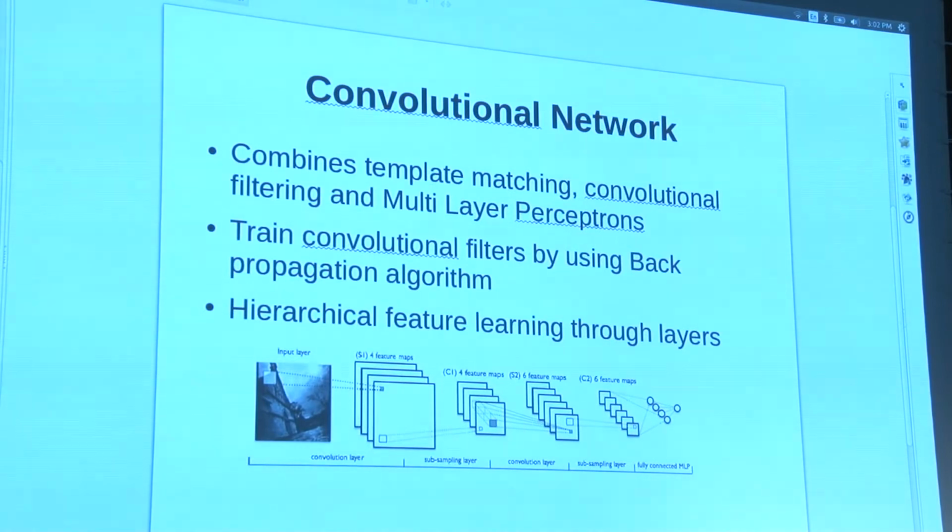So this is how a typical convolutional network looks. It has many more layers and many more neurons than a multilayer perceptron usually does, and each of these layers has a specific role. So we'll go through those to explain. Besides convolutional filtering, it is doing a kind of template matching.